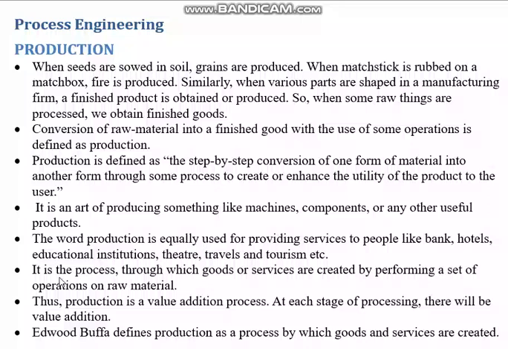Then see another definition. Production is the process through which goods or services are created by performing a set of operations on the raw material. For example, in cooking, you take some vegetables and other things as raw material, and you do some process on it, and after a certain time, when you have finished, what you get is a very delicious curry. As raw material, they're not of so much use,